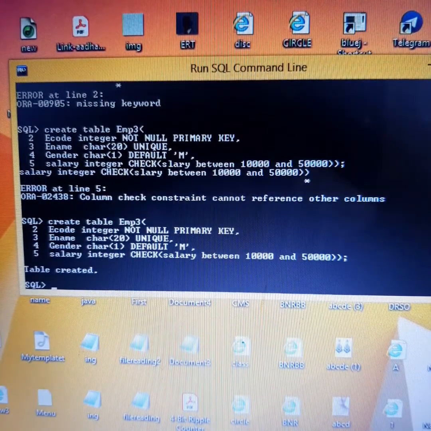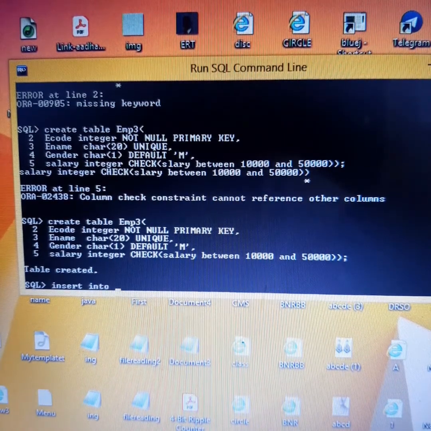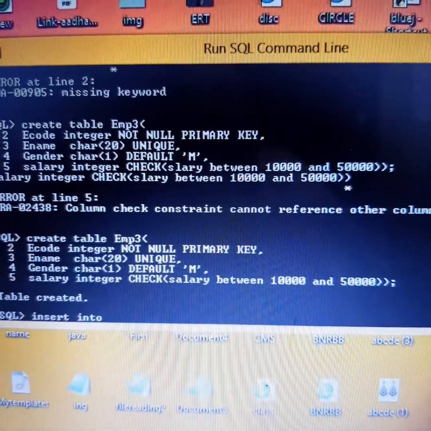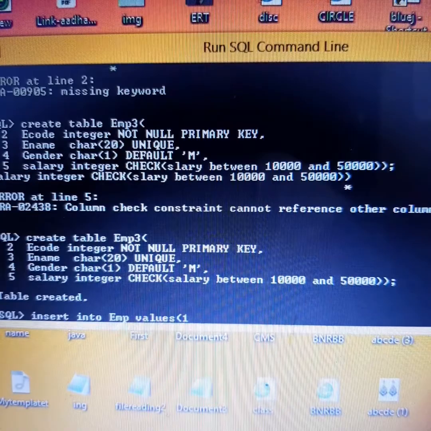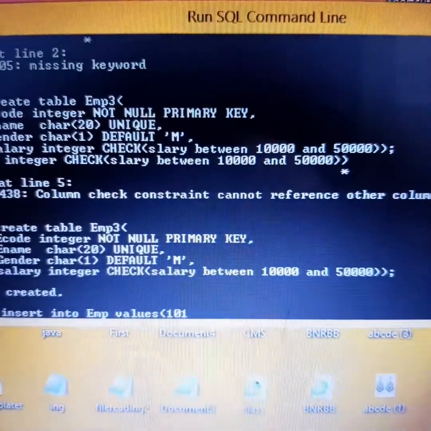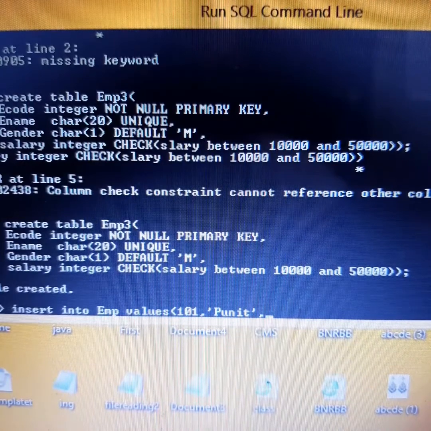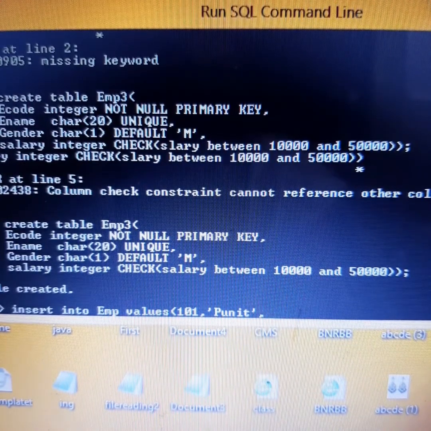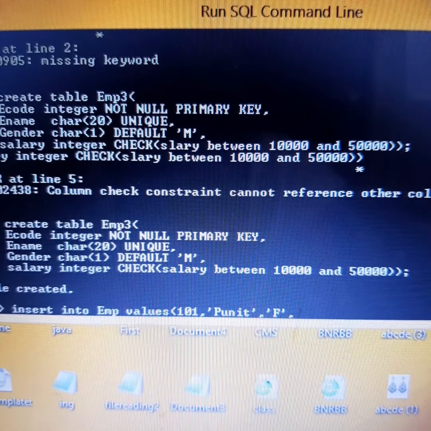Now the table has been created. So if I am inserting a record into it, since I have got all the 4 constraints given in my table, and I am writing insert into EMP, suppose here the salary that I am giving is 8,000.